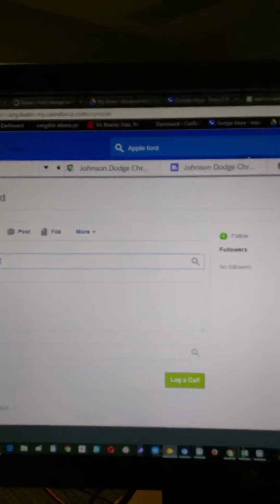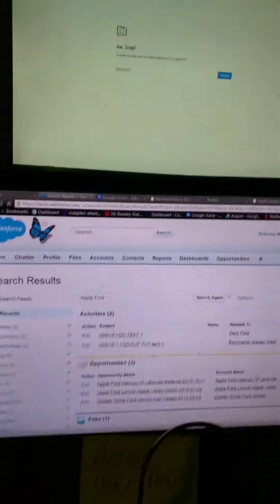I'm running AutoTrader and our Salesforce over here on this machine. This is a separate machine because, like I say, usually it just has a schedule, but everybody's in training, so I don't have that up. But it would be the schedule for the reps and where they're at. So over here, on this machine, I'm running